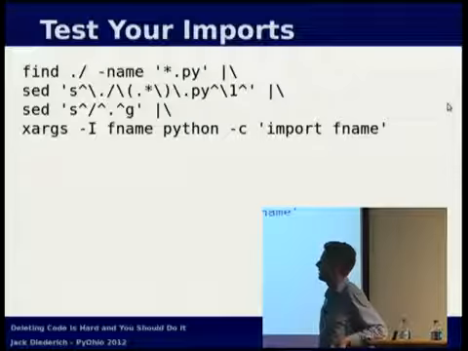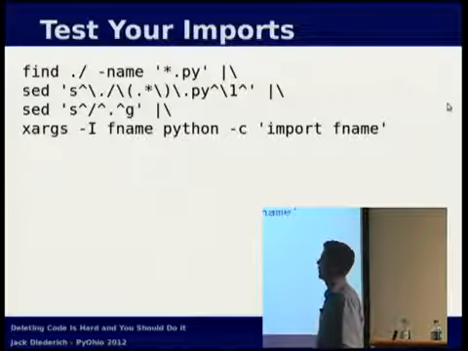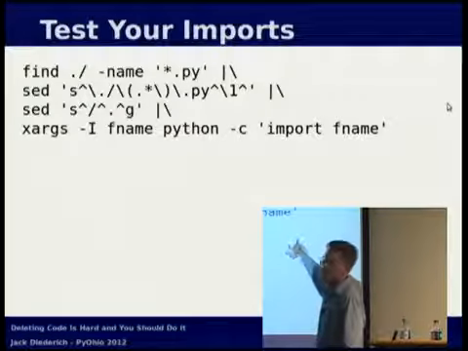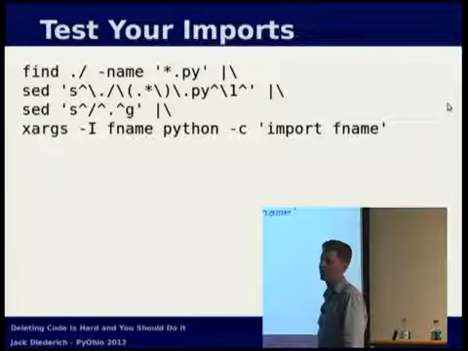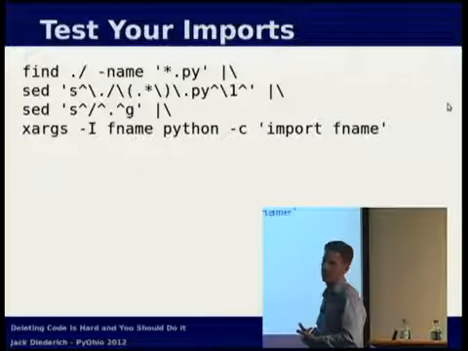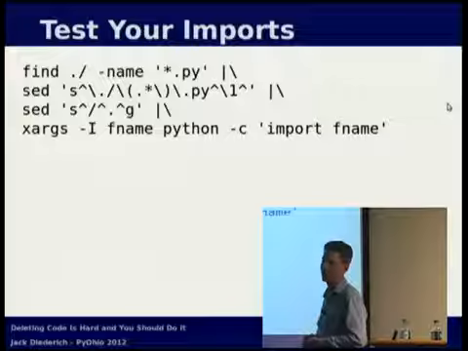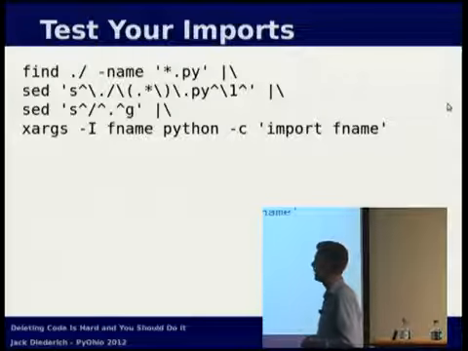And then finally, xargs, for each file in that whole listing. All it does is import it. One-liner. Imports it. If you're running a large framework like Django and have a lot of apps and a lot of models, you've probably noticed that starting up Django is slow because it runs around and does all that metaclass magic. Make sure that everybody has the right parent class, that no one's cheating.